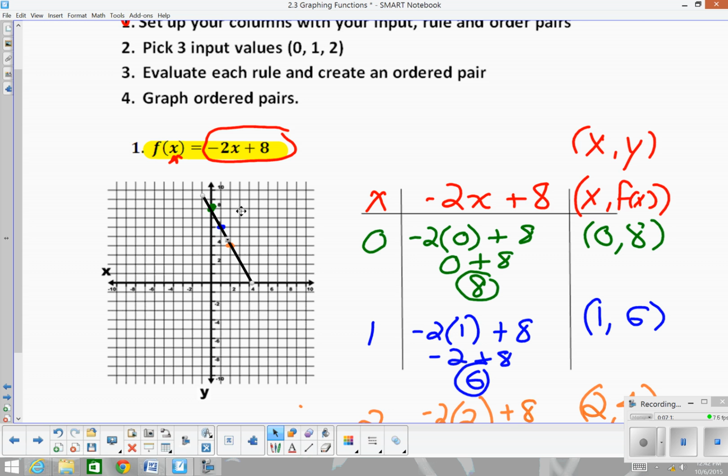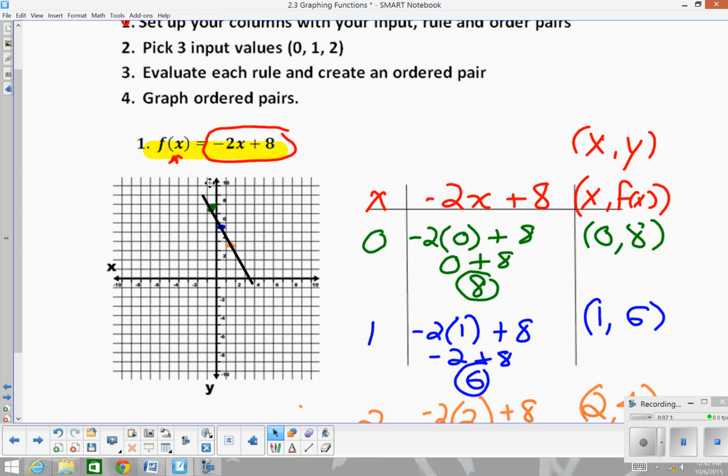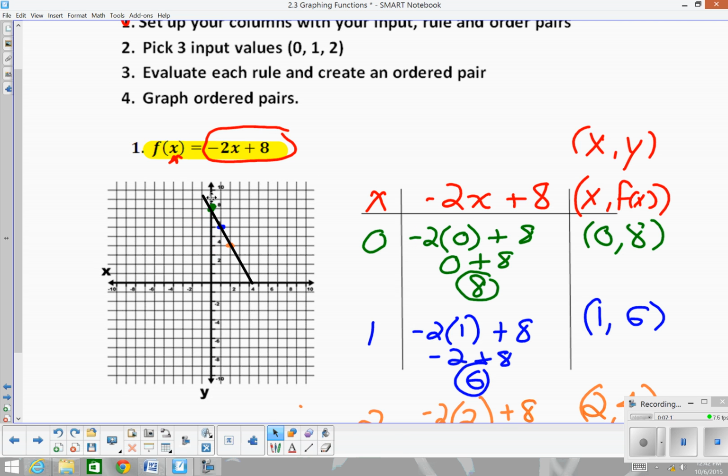That looks something like that. So now I would just draw my line,